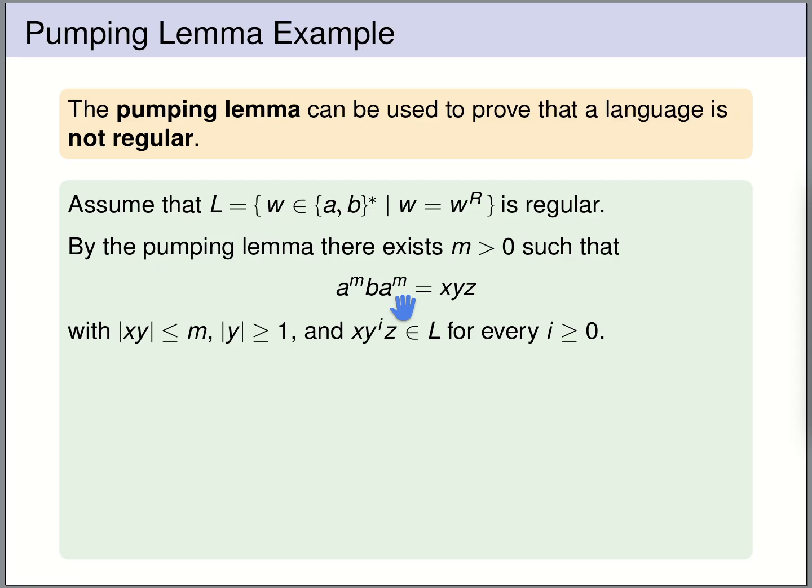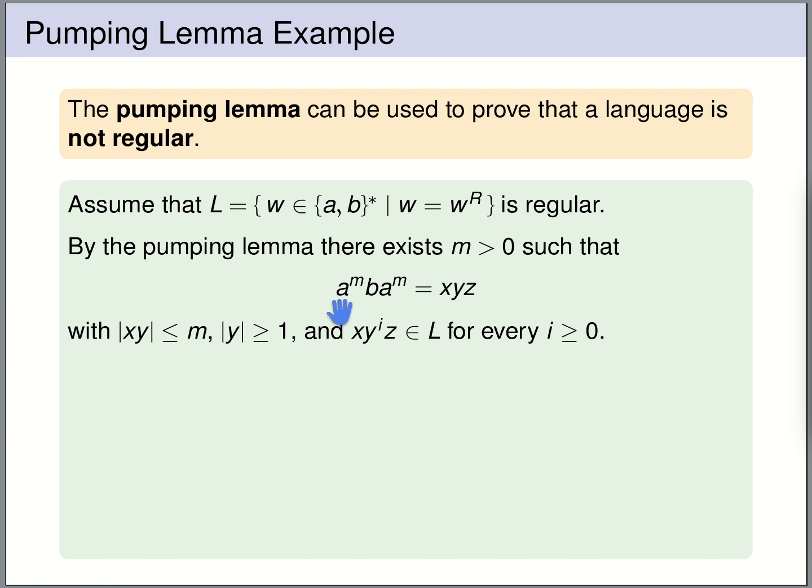Okay, so the pumping lemma guarantees us that this word can now be split into parts x, y, z, such that x, y have at most length m, y is non-empty, and no matter how often we repeat y, we always remain in the language L. So no matter how often we repeat y, the word will always be a palindrome. Now, can this be the case? What do we know about x, y, z? We don't know much. But we know that x, y together has at most length m. And x, y together form a prefix of the word that we've picked.